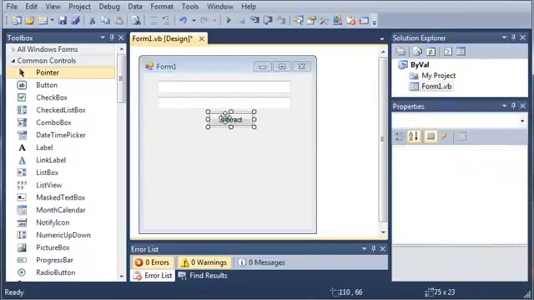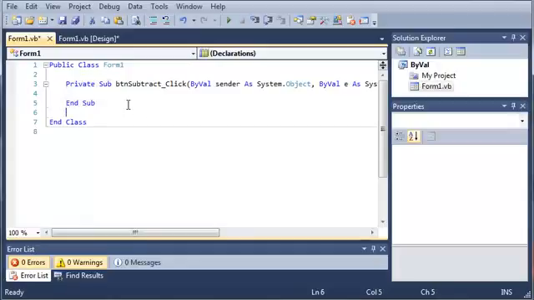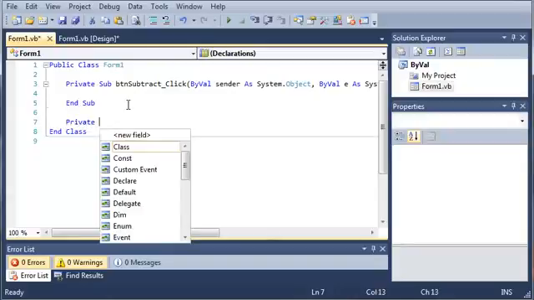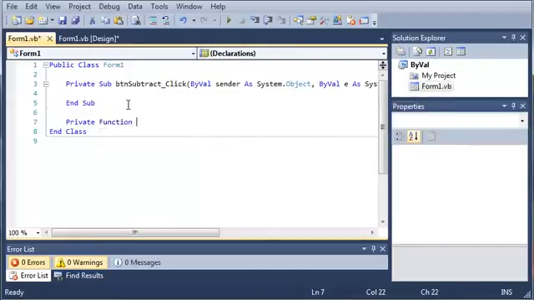So let's go ahead and double click on the subtract button so that it will generate our event handler for that. And now what we're going to do is come down here and create a function. So we'll go ahead and use the private keyword so that nothing outside of this class can use this function. So we'll use private function subtract